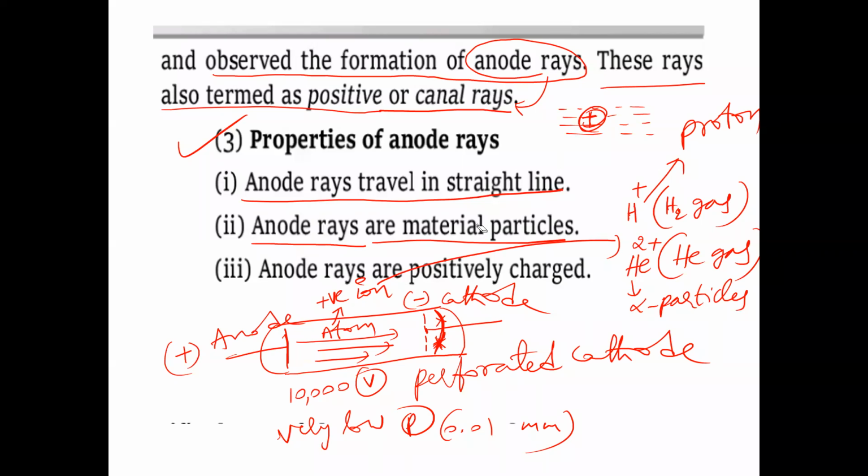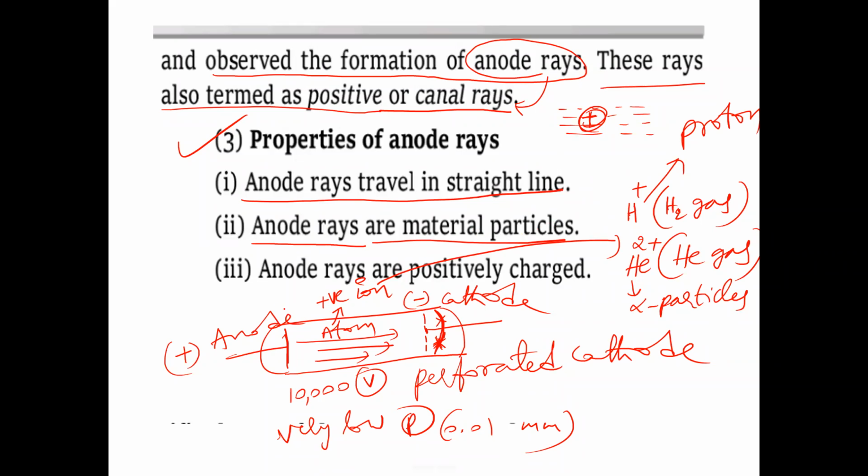But cathode rays contain electrons. The electron has a charge of minus 1 and 0 mass. Zero mass indicates a massless particle, negligible mass for electrons. That's why we cannot call them material particles. Electrons are not material particles. If we take a proton, it has 1 AMU mass. 1 AMU mass means it has some mass, so it is called a material particle. Proton is a material particle, but electron is a non-material particle. We can take negligible mass for the electron. Remember, that's why anode rays contain material particles.